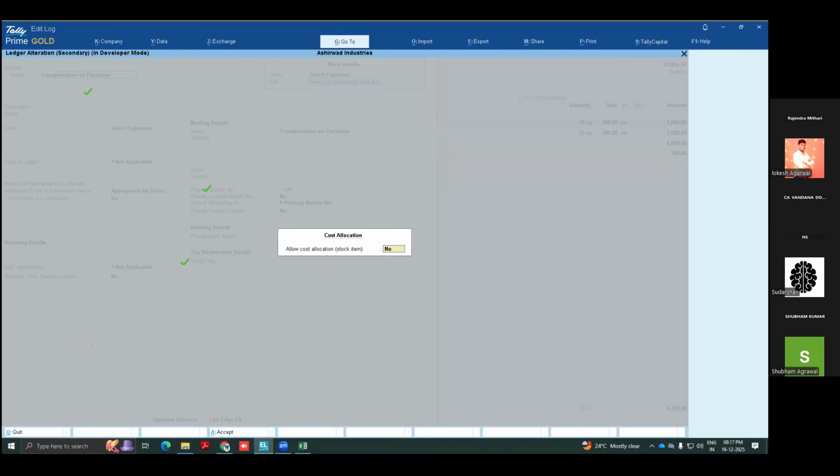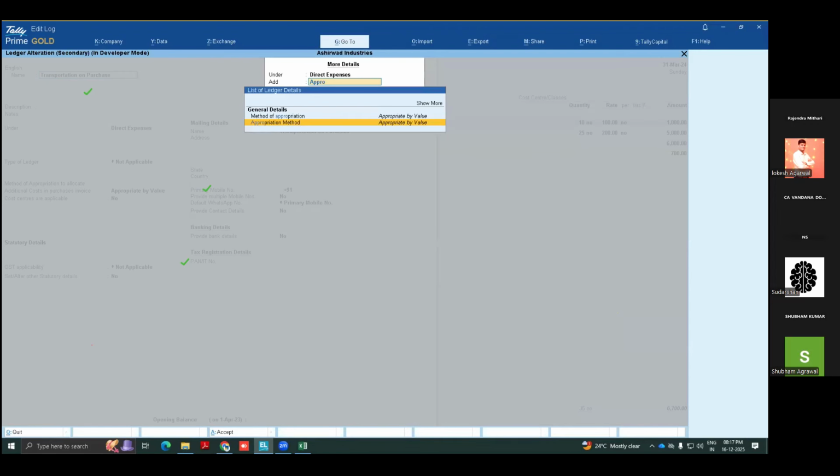Actually, there are two concepts. Cost allocation we can take as another separate topic. I am just covering Accounting Standard 2. One is appropriation. You have to search here for appropriation. See here, appropriation. To avoid confusion, let me repeat: cost allocation, which we just searched, has a different purpose. What we are seeing now is the Accounting Standard 2 implementation, where I have to add these additional charges to the stock item. I have to reduce stock value by discount or trade discount or any other schemes. These types of settings are in the appropriation method.